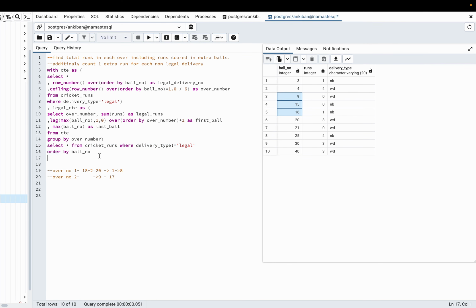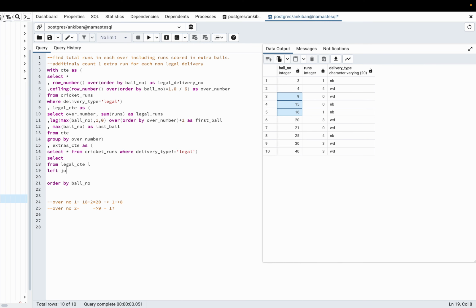So what I will do, let's call it extras CT as this. So this is my extra CT. Okay, so I'll join these two and say select from legal CT, let's call it L.